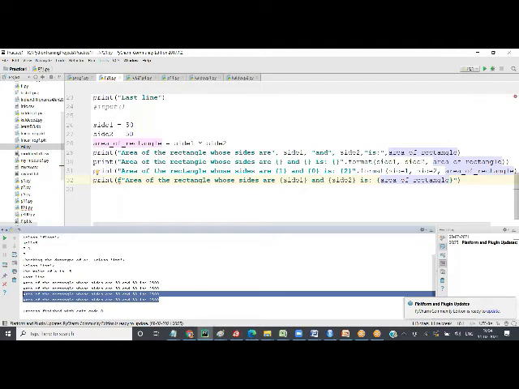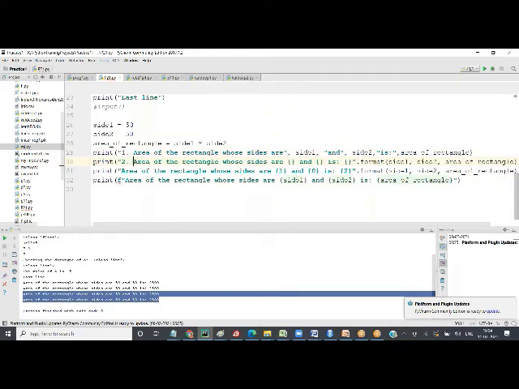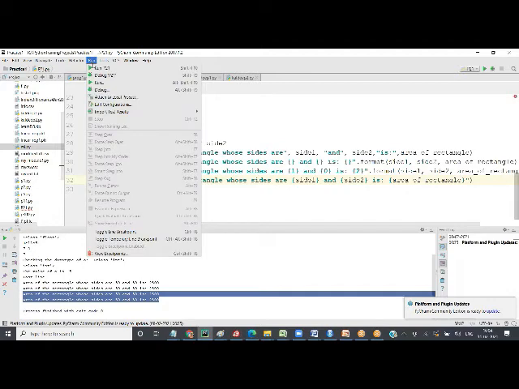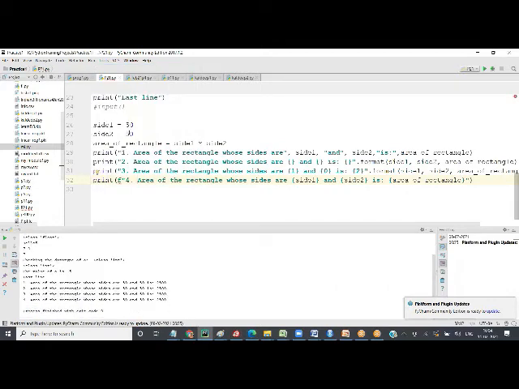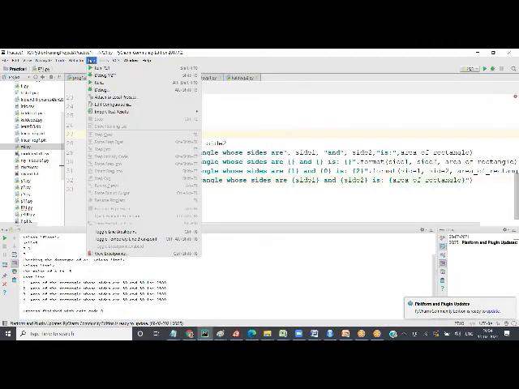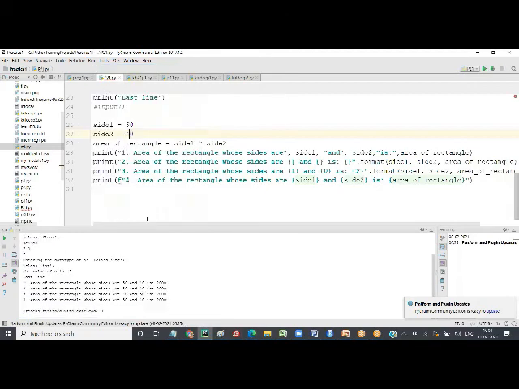To know the differentiation, what I'll do is I'll say one dot, so you know which output is for which line. I think you can change value for one of the values, side 1 or side 2, so that it will be easy, because both are 50-50. So I'll change it to 40.